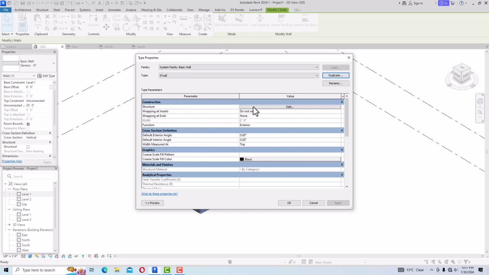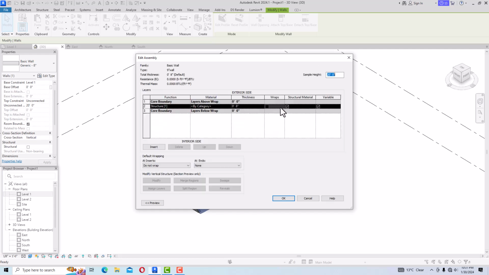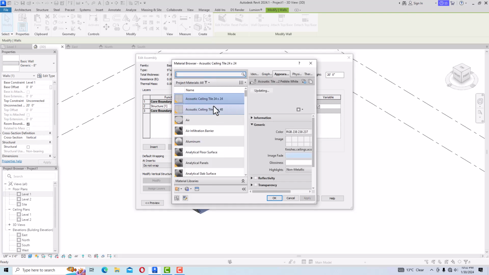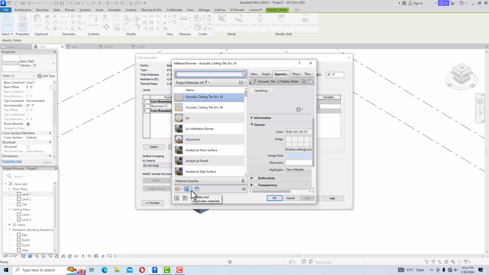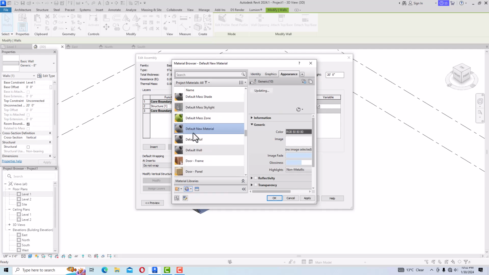First you are required to go to structure, then you can go to edit, and in structure you can see this is by category here. So you can select this by category and change the material from here. I will click the 3 dots here, and now I will go to create and duplicate materials. I will select this arrow, and now I'll create a new material. I will rename this as wall material,